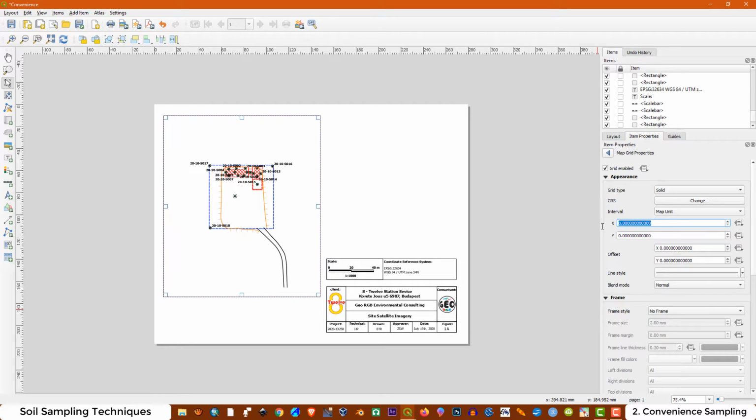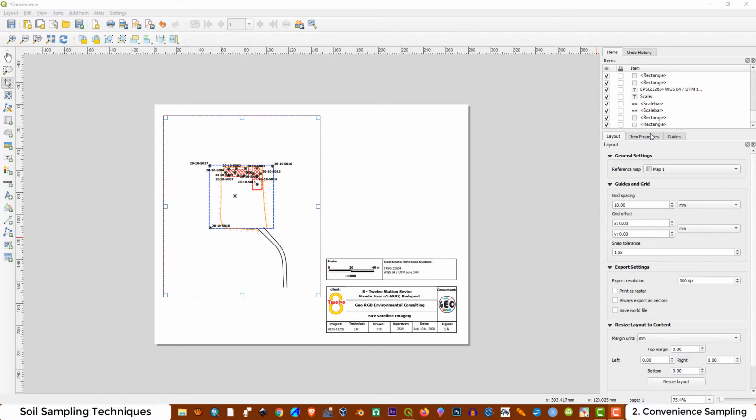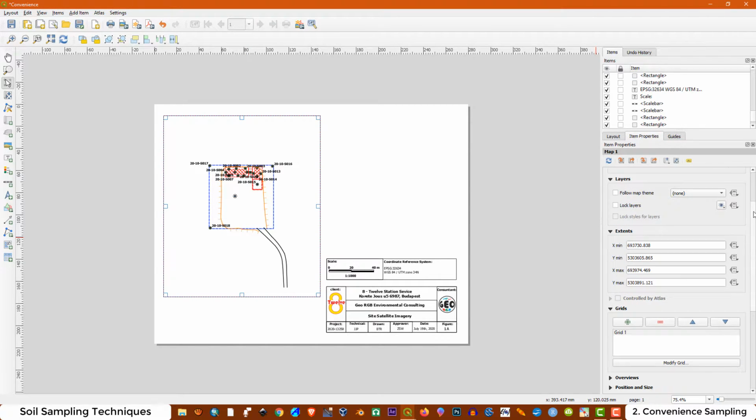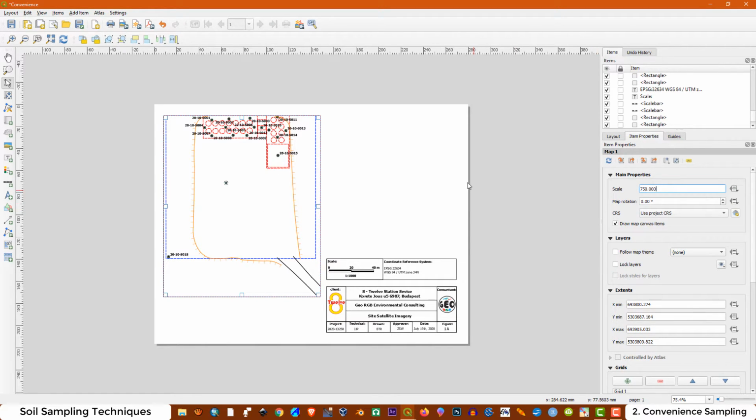Then the scale for this map is going to be 750. It means that 1 millimeter on the map is going to be 750 millimeters in reality. Then it's the same to say that 1 millimeter on the map is going to be 0.75 meters in